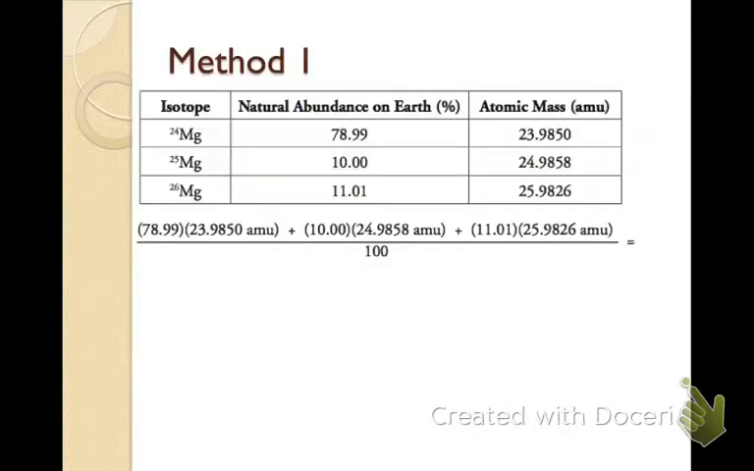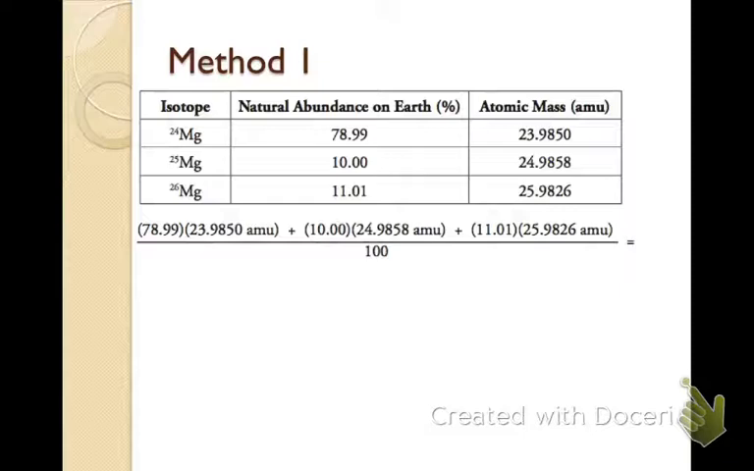There are two methods, and we actually just saw the first method. Let me show you again with a different sample, magnesium. We have three different versions of magnesium: magnesium 24, magnesium 25, and magnesium 26. And when I say version, I mean different isotopes. If we look at the percent abundance on Earth, meaning how much is actually on Earth, we can see